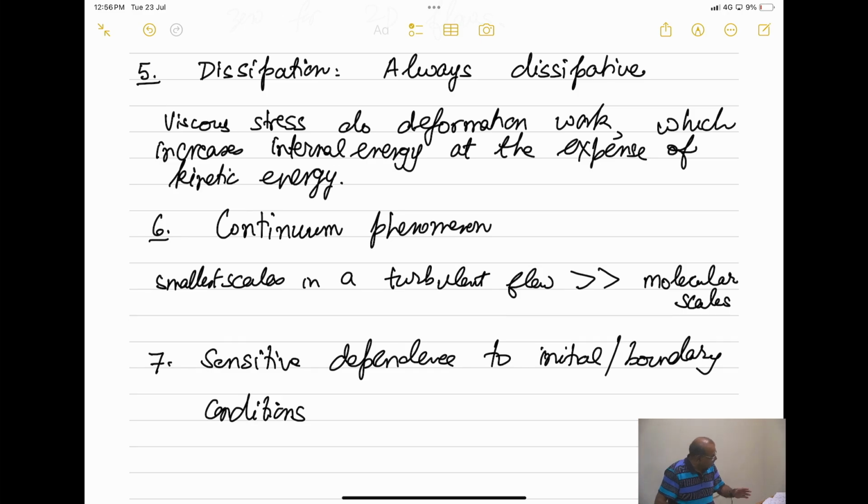So things will continue like this for some time, but then we will get on to the equations and